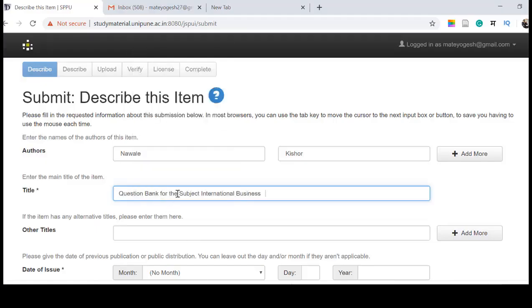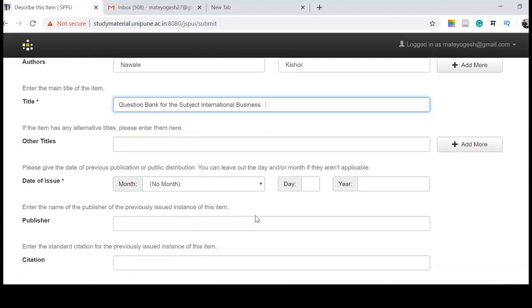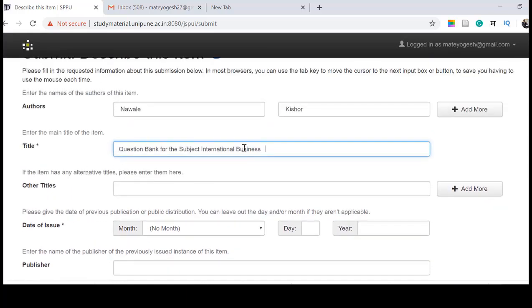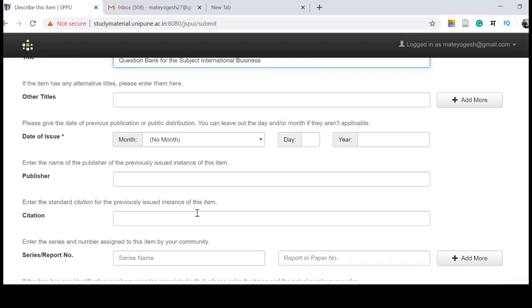I have selected that document title, any title that the document has, if any article or anything. Then I will put a date when I am uploading this document. There may be any title, so give a proper title, copy paste or type it. Give the date when you are uploading. For example, I am giving 27/2020. You can give the month also.